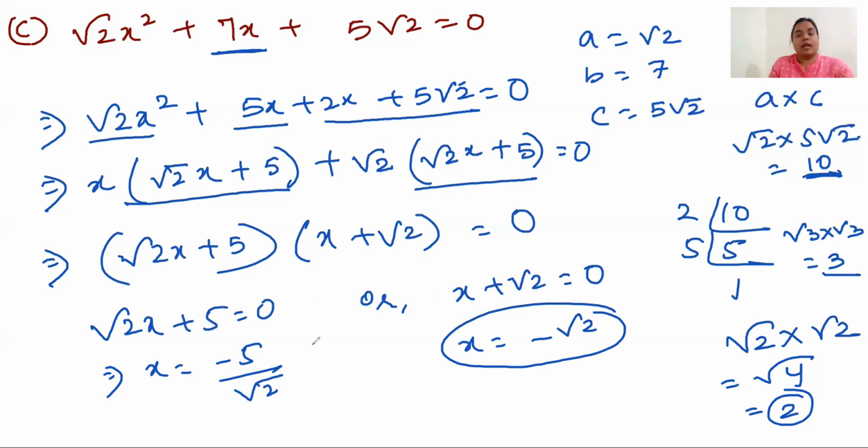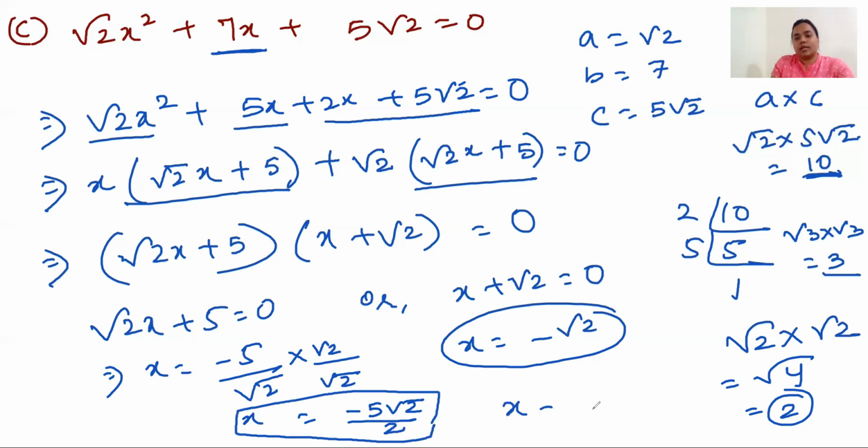We did that in class 9th, rationalizing the denominator, and in 10th also in the first exercise. So we will rationalize it, multiply the fraction with root 2. So I'll get minus 5 root 2 upon 2. So one value is minus 5 root 2 upon 2